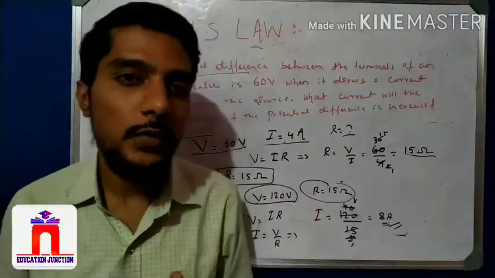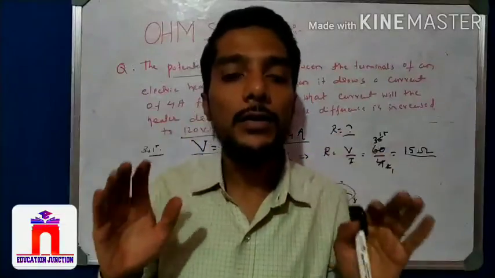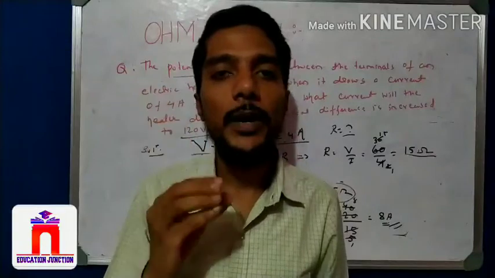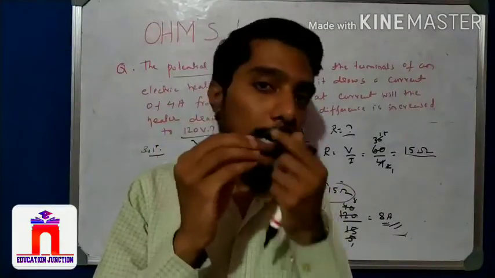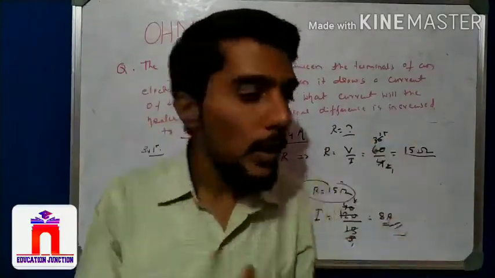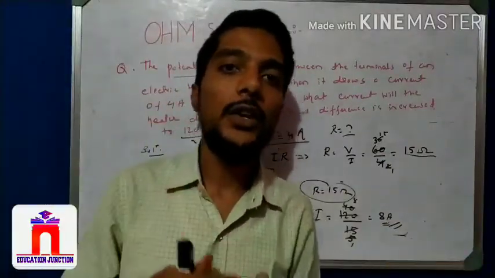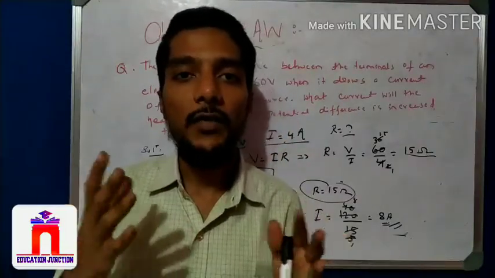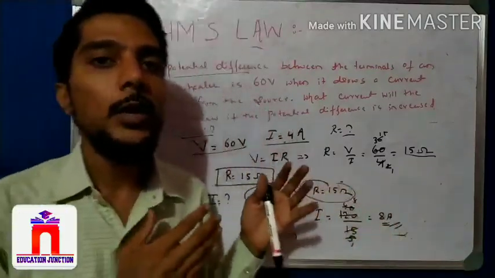Okay, students. So in this video we studied about Ohm's law. I think it is clear: the Ohm's law statement, mathematical form, the electric circuit used to study Ohm's law, then graph, then table, and then the numericals. So these are all about Ohm's law. In the next video we will learn about another very important concept related to Ohm's law, that is the factors affecting resistance. We can study that in the next video, but this video is purely for Ohm's law.